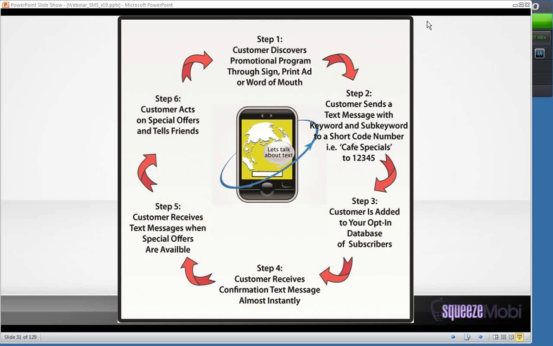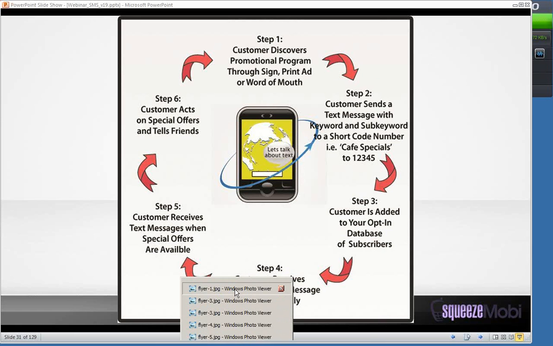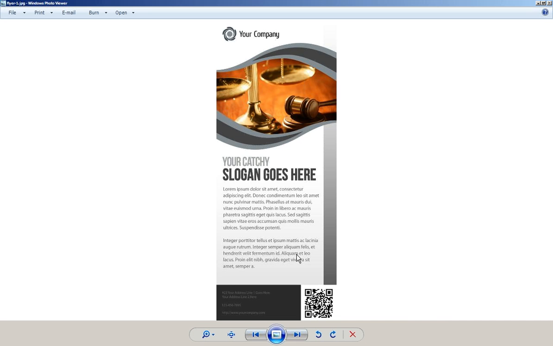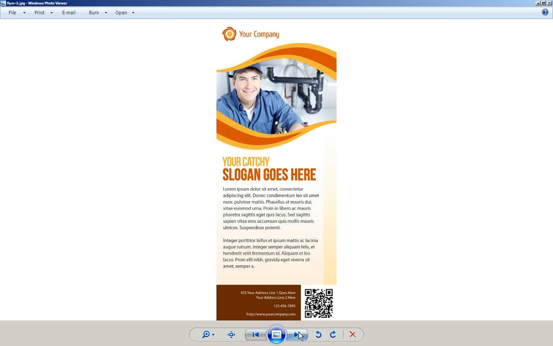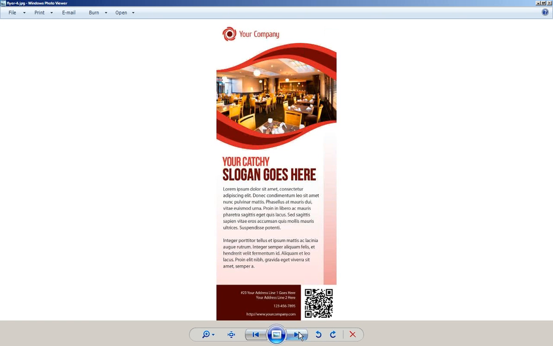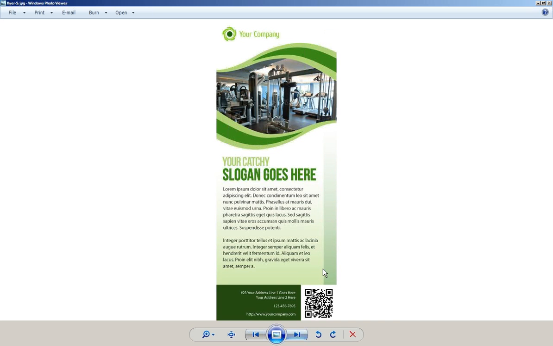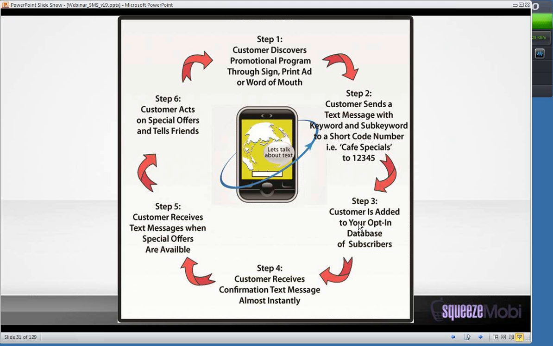of that. All right. So step 1, customer discovers the promotional program through a sign, print ad, or word of mouth. So how does that work? All right. And we have these flyers. So how we do it, we have these flyers that we set up local businesses with, and basically, you have that text whatever to this short code, and you have the QR code that can hook up to it as well. And you just have these different flyers for these different niches that we use, and all I do is